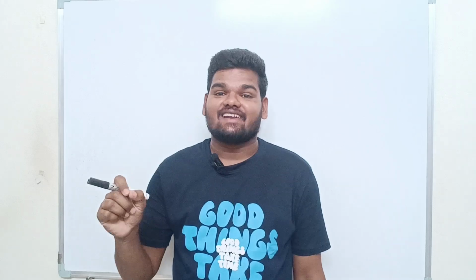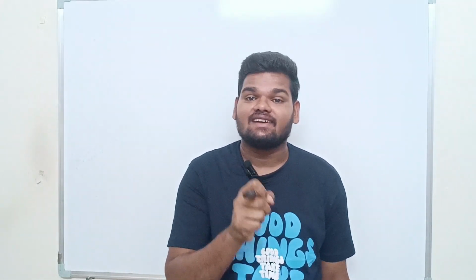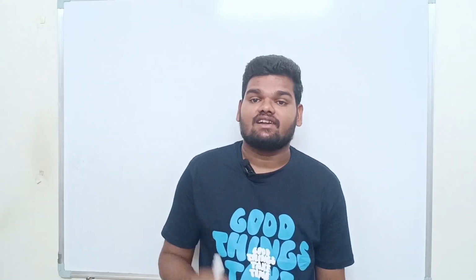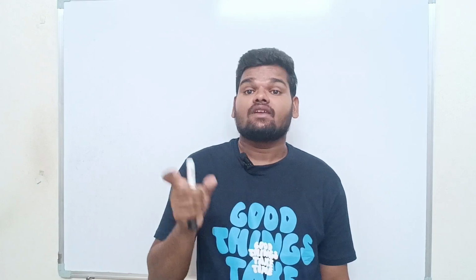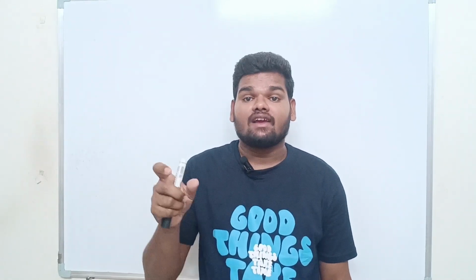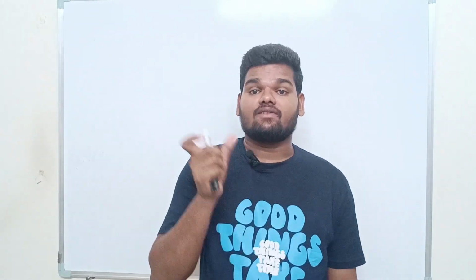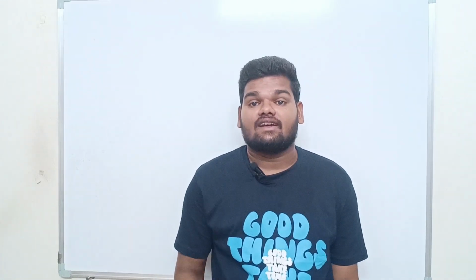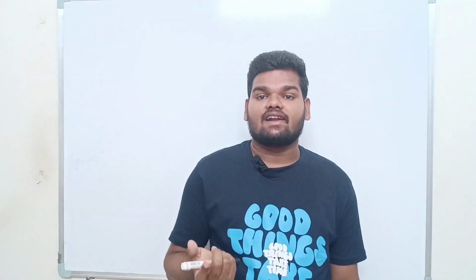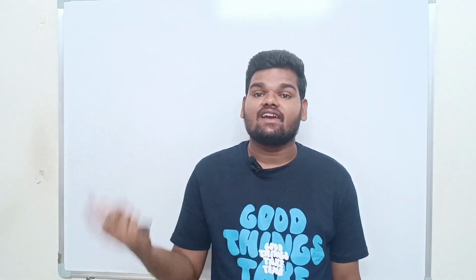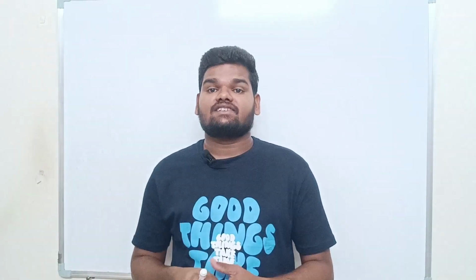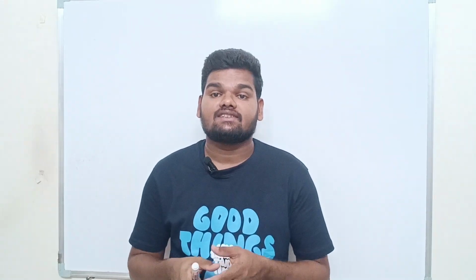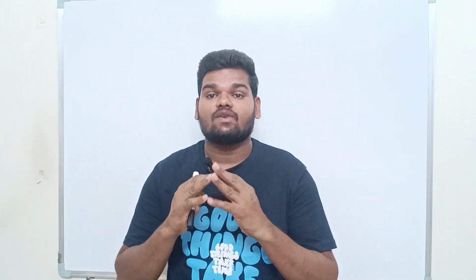As we know, we have successfully finished the first lecture of the motion in a straight line chapter. In the previous lecture we discussed vectors. What is a vector? What are the types of vectors? What is a unit vector and what is a null vector? What is the formula for the unit vector? What are the rules for the null vector? All these things we discussed in the previous lecture. In this lecture today we are going to discuss finding the angle between two vectors